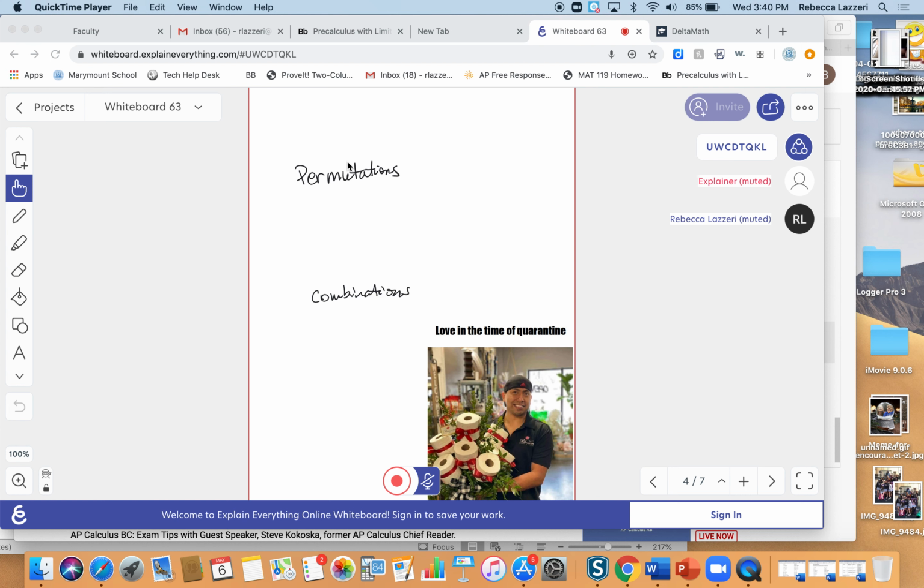A permutation: order matters. The order of the objects matters. Like for instance, if you knew your code had the numbers 8, 5, 6, 7 in it, and you couldn't remember what order they were in, then your code wouldn't work on your ATM. If it's 8, 6, 5, 7, you better be able to type in 8, 6, 5, 7. It's not just a group of numbers, the order would matter.